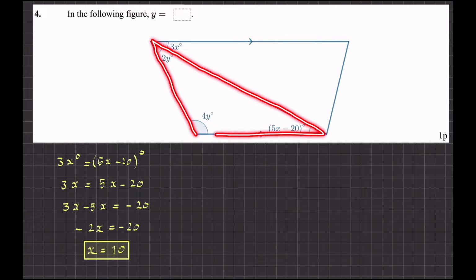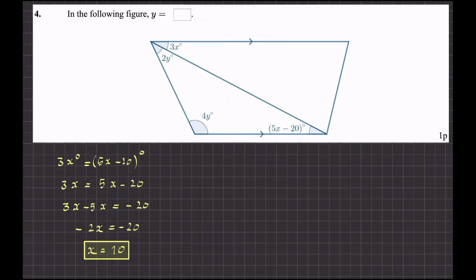Yes, and I know that in any triangle, the sum of all interior angles is supposed to be 180. And because I already found x, this will help me to find y, which is wanted in the problem. So what I would write, I would say that 2y degrees, I'm adding the interior angles, plus 4y degrees plus 5x minus 20 degrees, which are the interior angles of my triangle, they have to add up to 180